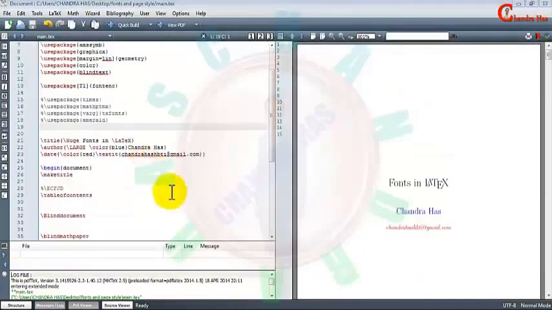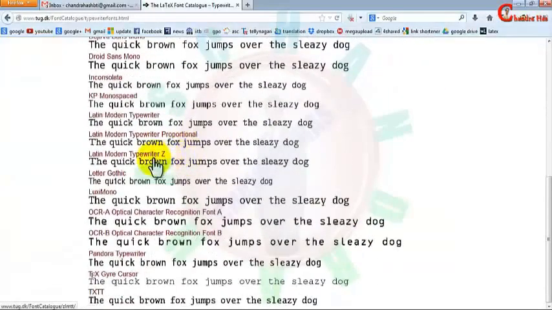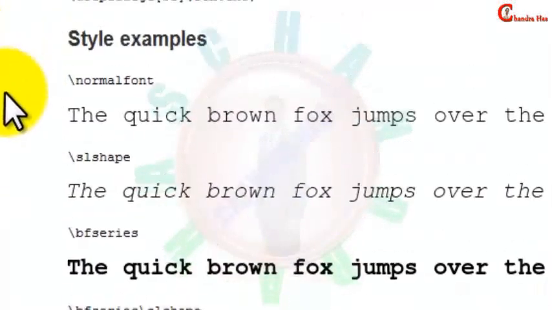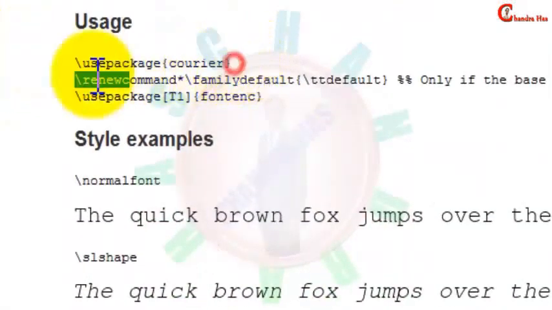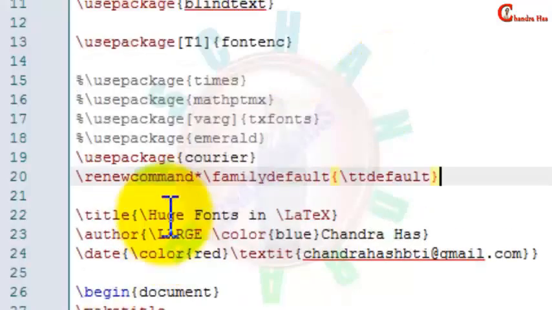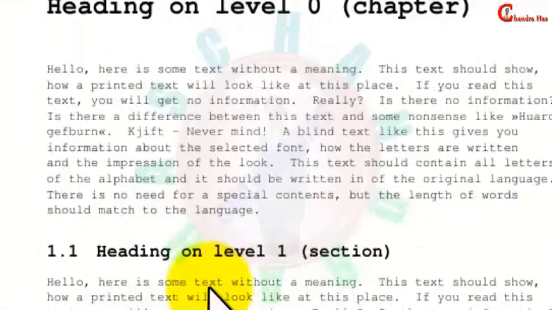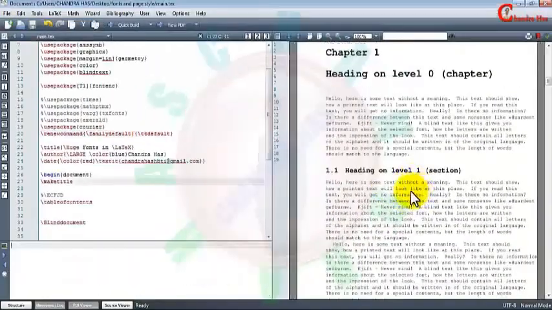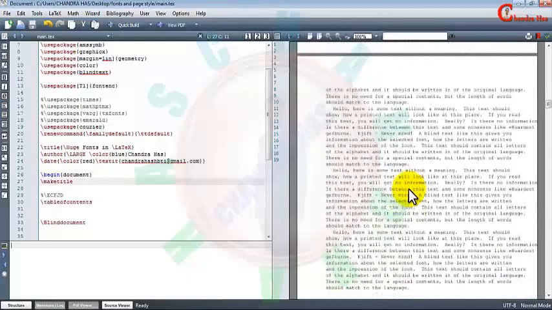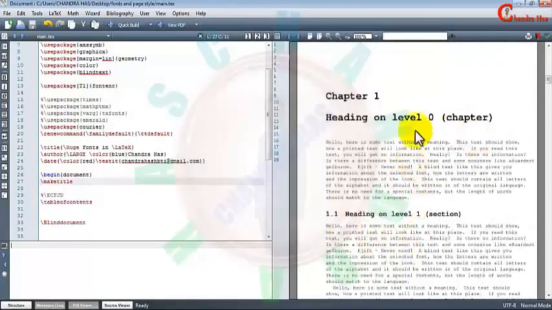Now we will use one more font which is known as typewriter font or monospace font. Just go to typewriter font and then go to Courier. And now we will use the Courier package. So these two lines we need to add in our document, and then compile your file. You can see that the font style has been changed now. Here texts are going out of the page. We can see here typewriter fonts always need justification. So we'll justify our text by using the fontdimen command.